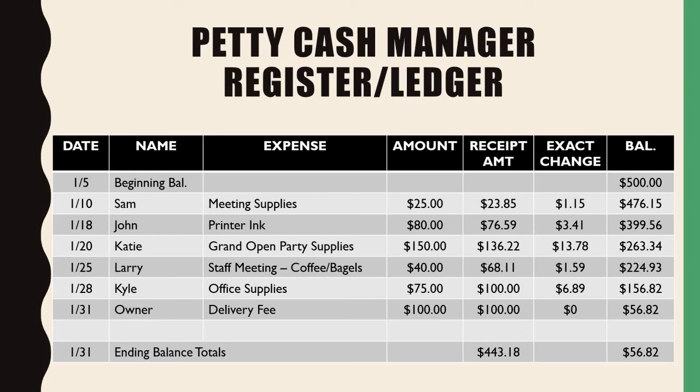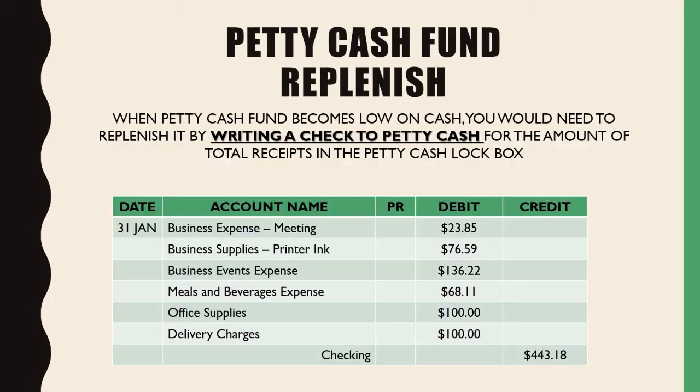So for the first one, meeting supplies, well, I can create a business expense called business events expense instead of party supplies expense. Or I can treat it as a meals and beverages expense. Okay? So once again, when we identify this,